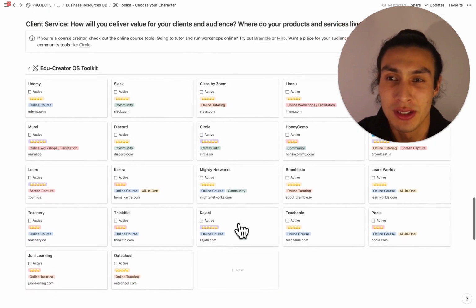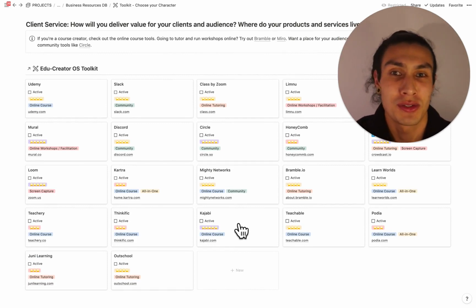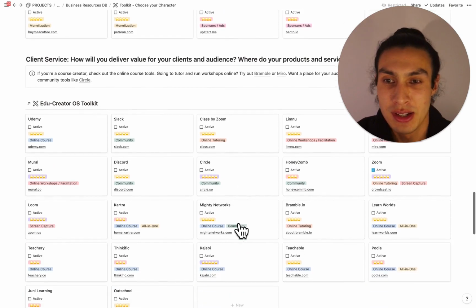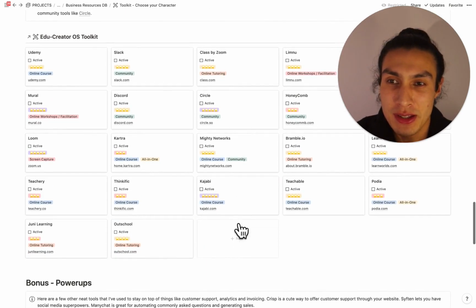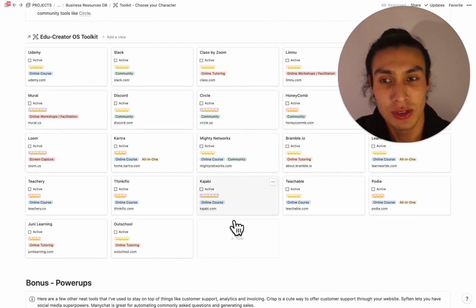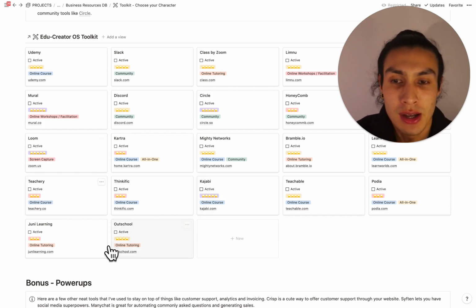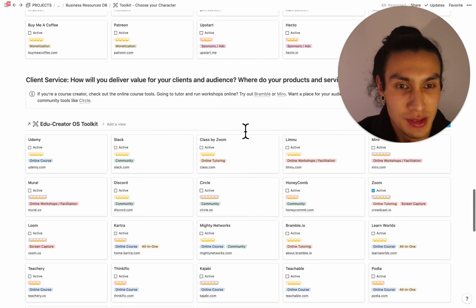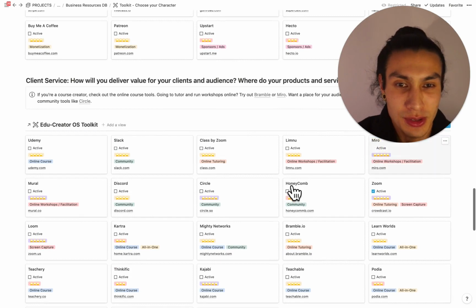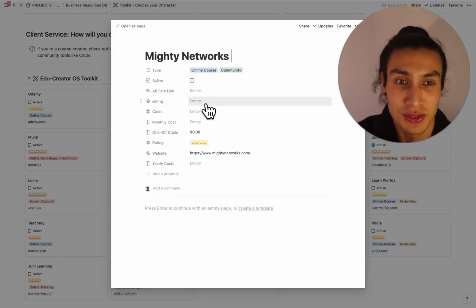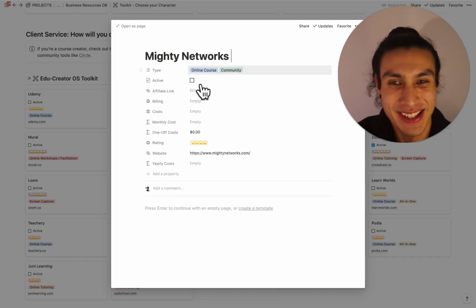Next section, client services. How will you deliver value for your clients and audience? Where do your products and services live? So this is a bunch of tools for online courses, hosting your communities, as well as things like digital whiteboards for running workshops online and consulting. I really love Miro, great tool. And also Mighty Networks for a community. Let's pick that. As you can see, if you click it, then you get the whole readout of the card